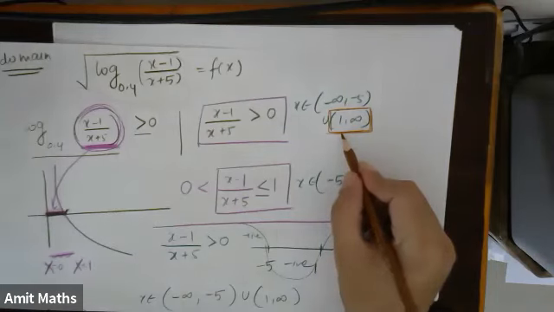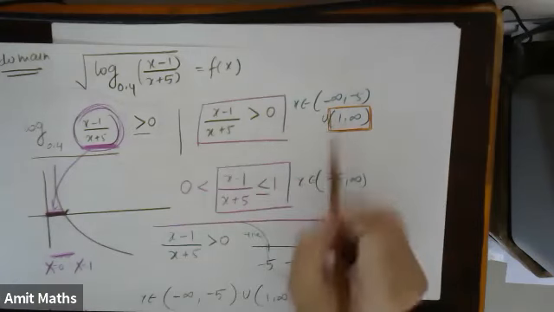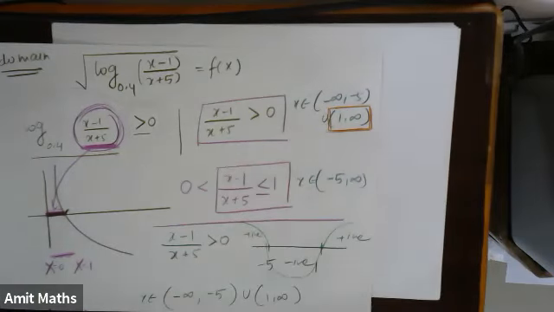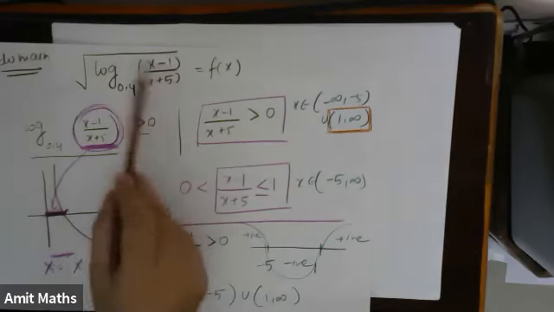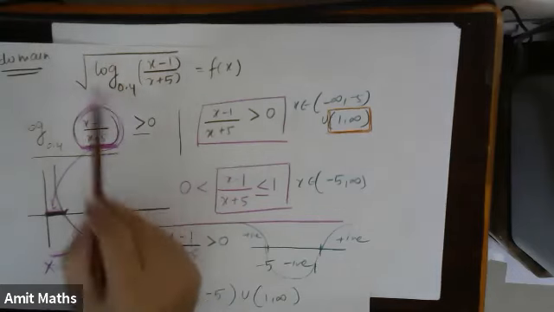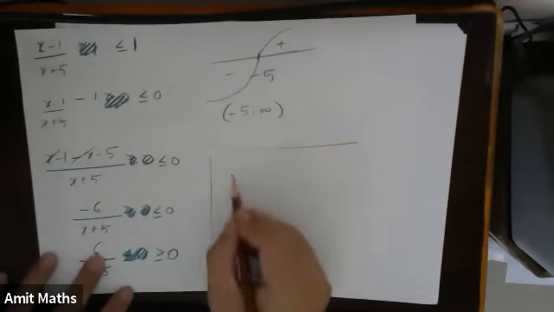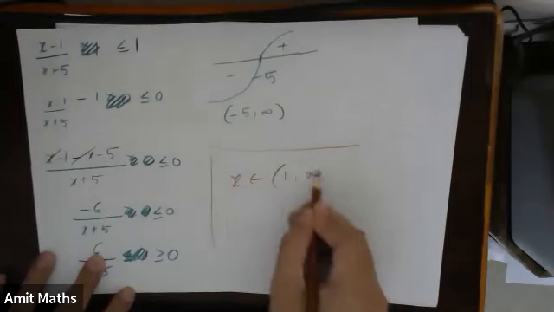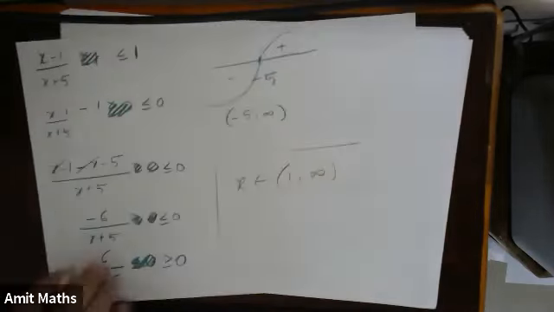Okay, so this will be the common set for both of the inequalities, such that if x belongs to these sets, we will have a proper value inside the root, a positive value inside the root. So for this one, the solution is x belongs to 1 to infinity, both not infinity. Understood? Fine. Just look at it once again, and then we'll solve the next one. I'll give you one more question.